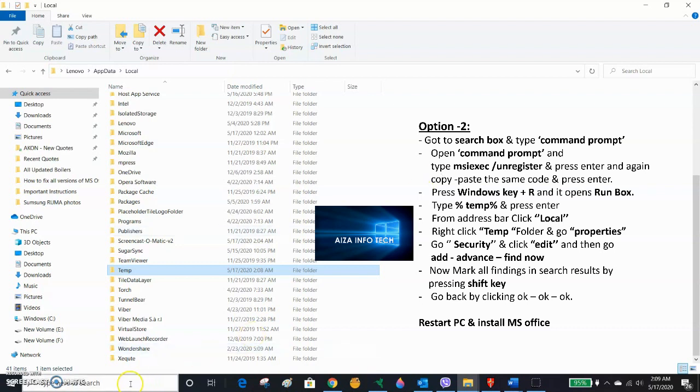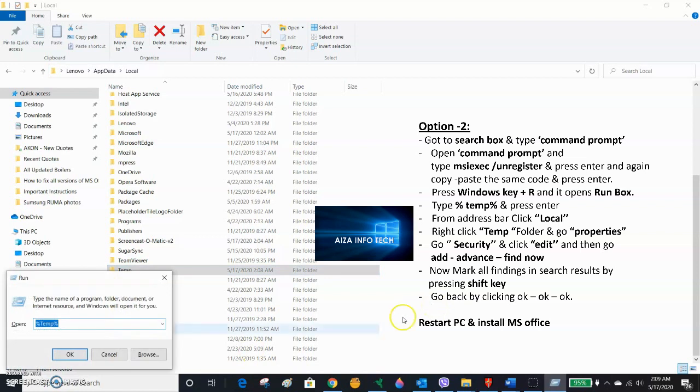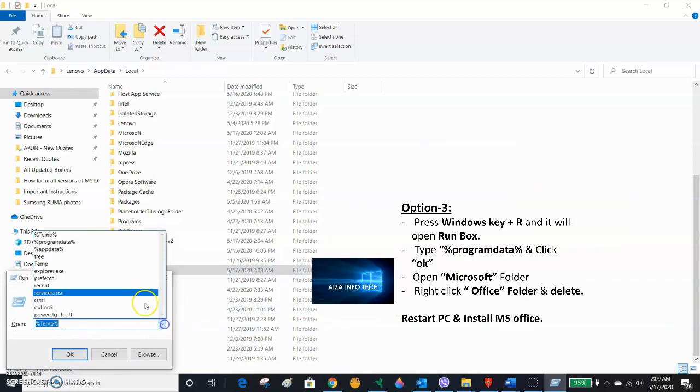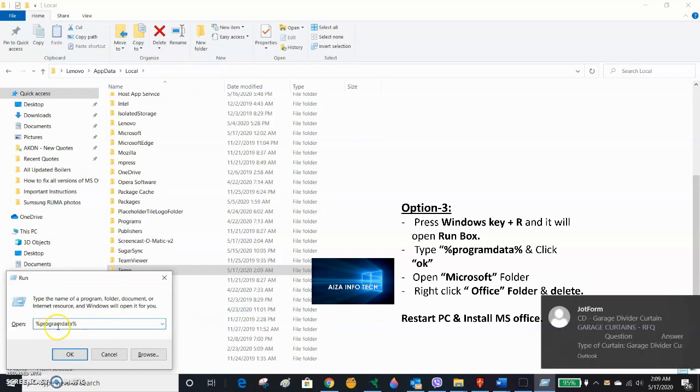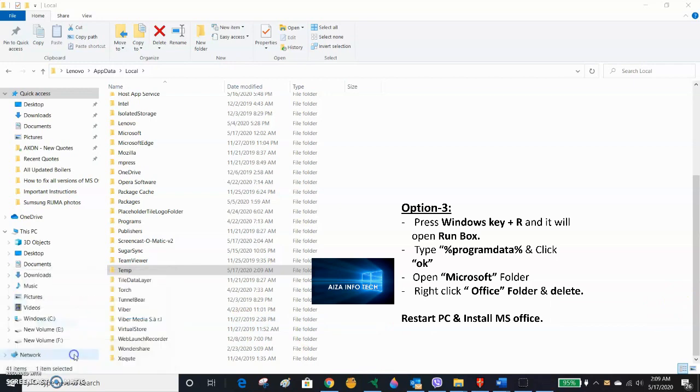The third option is: press Windows key and R, the Run box comes up, then type programdata, then click OK.